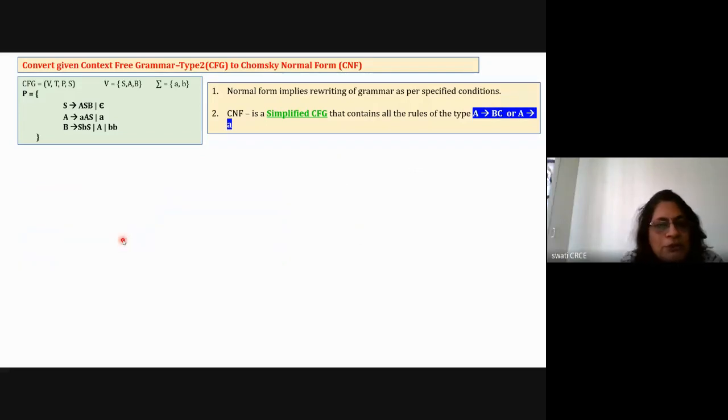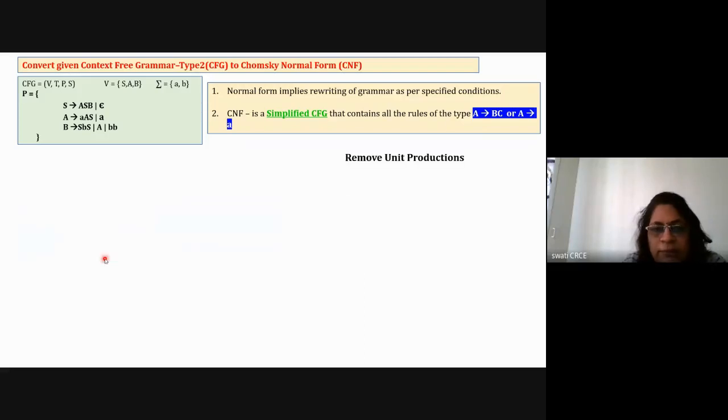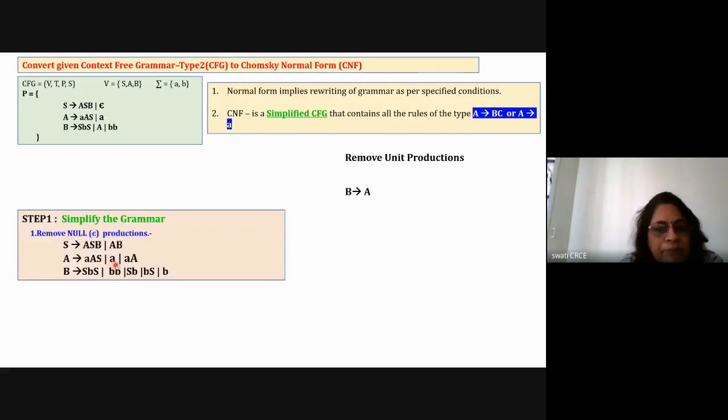Now remove unit productions. So identify unit production. B is equal to A is a unit production. Or from the previous step you identify B is equal to A is a unit production. So in the next step, you remove that B is equal to A. With this removal, write down the grammar without that B is equal to A. This is my grammar, which is coming from the output of the previous step. I'm going to consider this for B is equal to A. So what is the meaning of B is equal to A? Whatever is there in A is assigned to B. And your B is going to change. And B is now having 7 values. So this is done for unit productions.